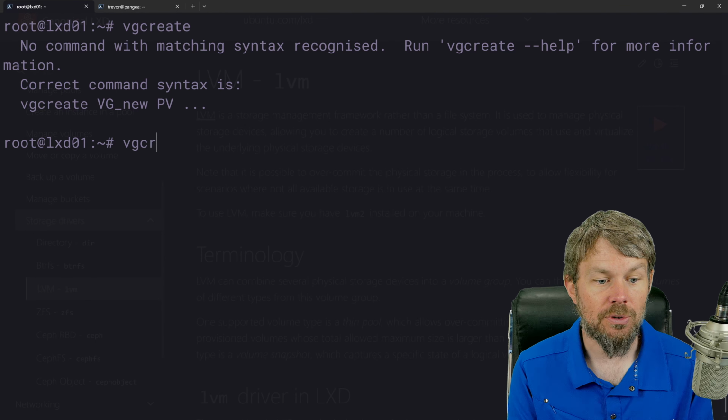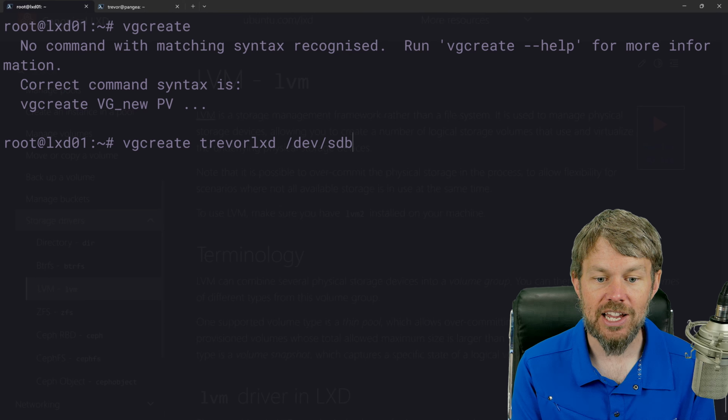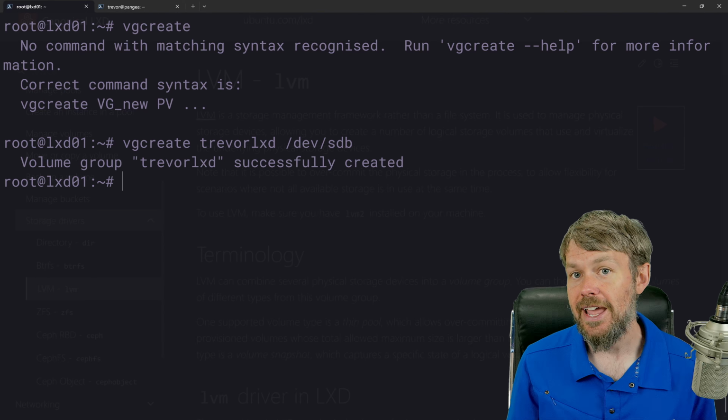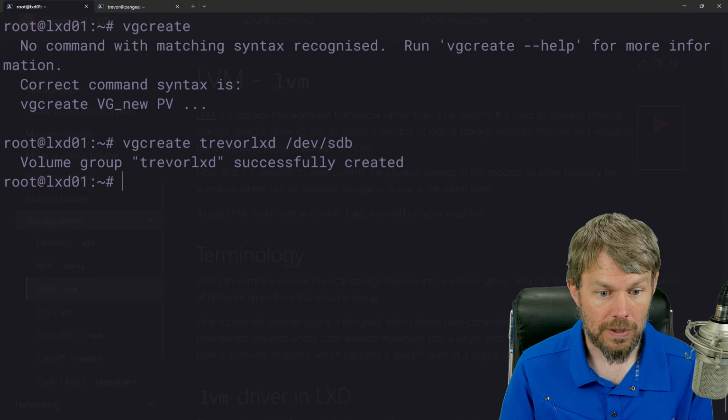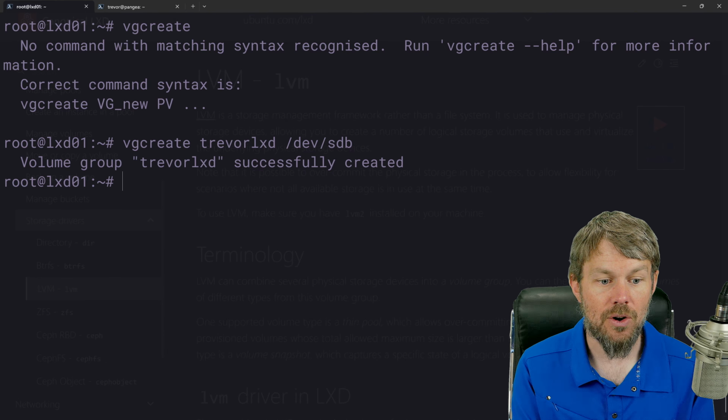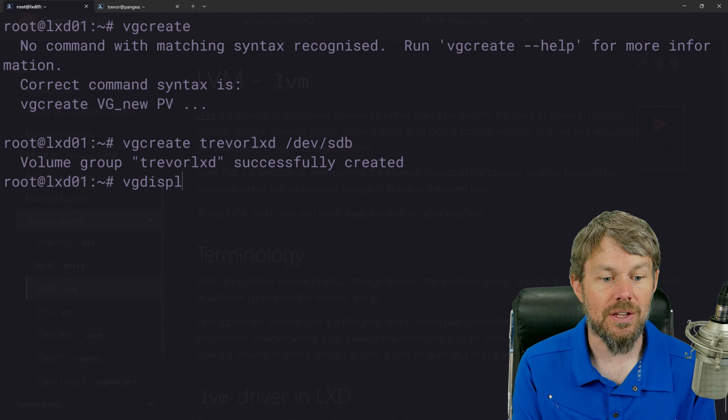So we'll do a vgcreate. I'll just call it Trevor LXD, and we'll specify /dev/sdb for now. And I'm going to leave the other /dev/sdc disk free so that we can do additional things with it later on. All right, so what we're going to do now is just run vgdisplay, and this is